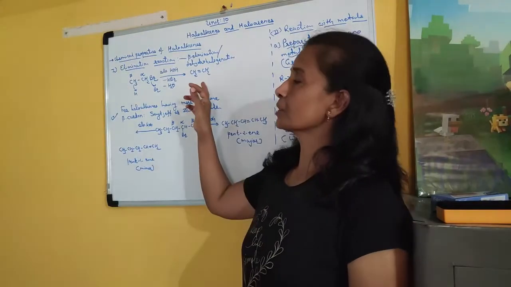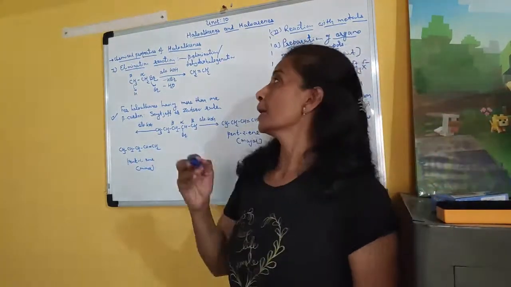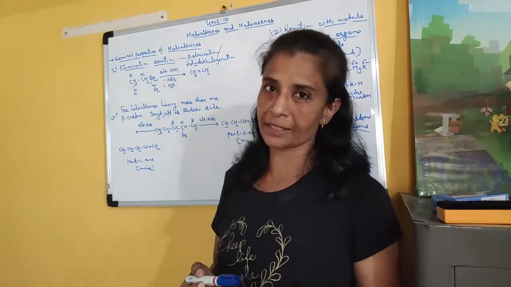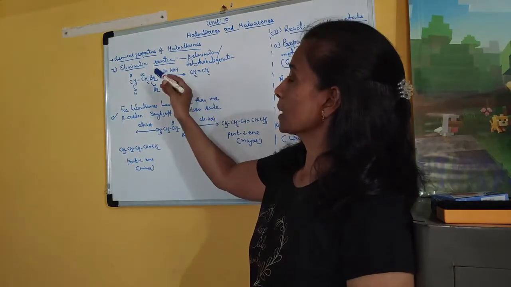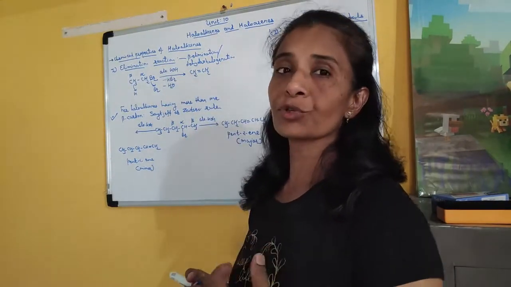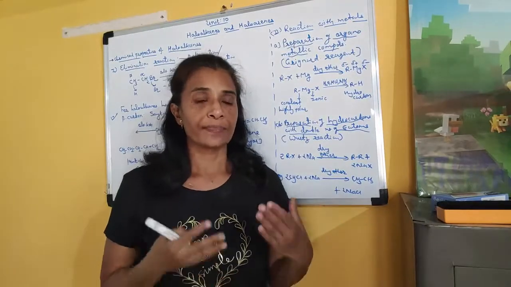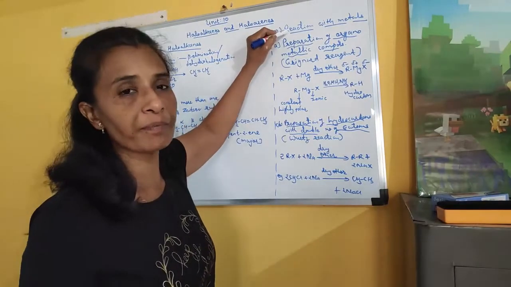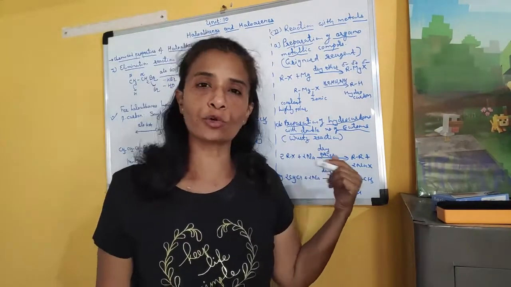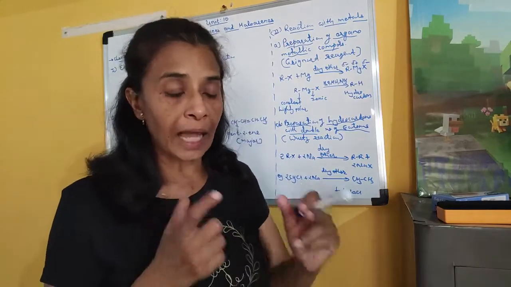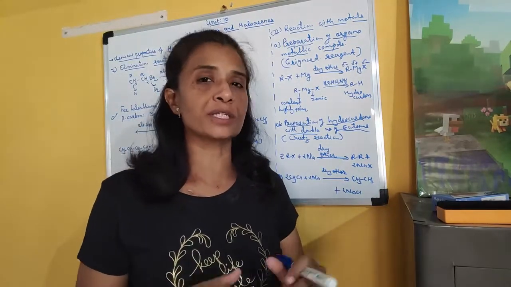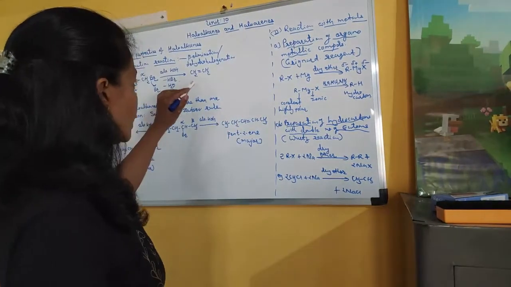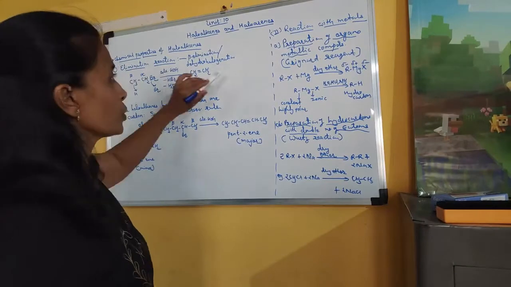The first one is about the chemical properties of haloalkanes. So today we will focus only on haloalkanes. Clear? Haloalkanes can undergo three characteristic reactions. The first is elimination reaction, second is reaction with metal, and third is nucleophilic substitution reaction. That reaction we have to study in much detail, and that is why in the next video I will post that reaction. So for now we will focus only on two types of reaction.